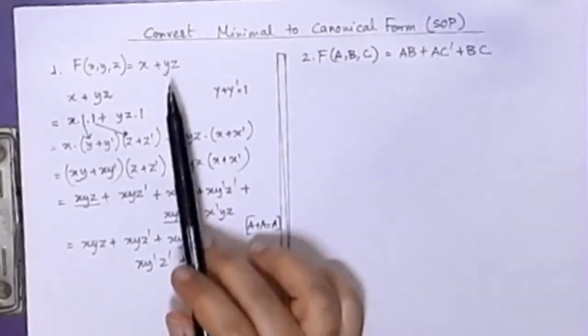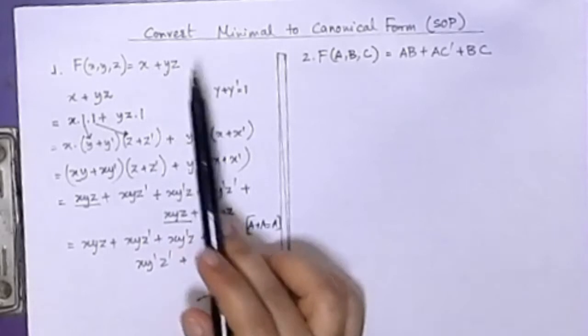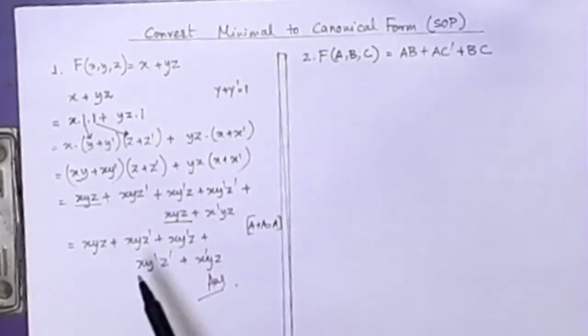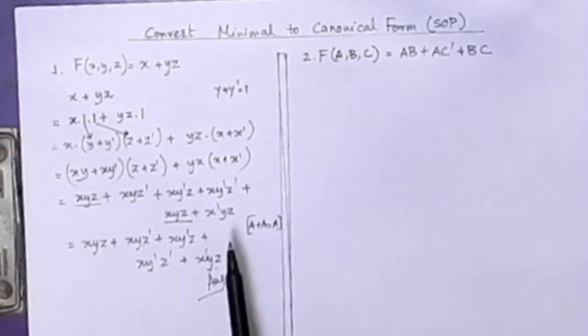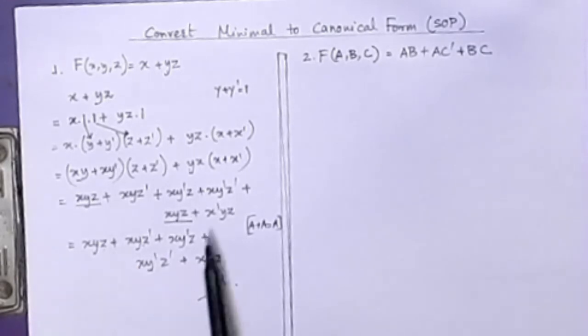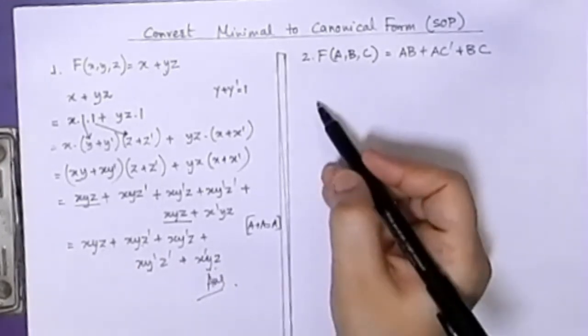So you can see that the minimal form had only two terms and the canonical form is having 1, 2, 3, 4, 5 terms, and each term has all the three variables once, and it is either in the true form or its complement form. Let us do another example. I've taken over here